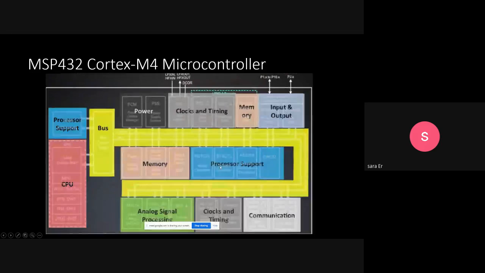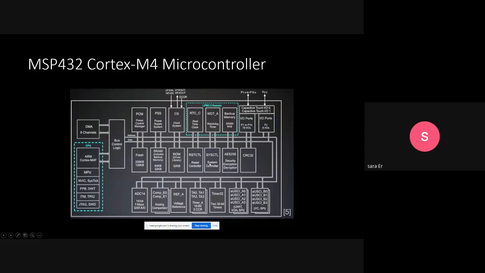Then there are RSTCTL, AES, encryption, decryption, and CRC. AES and CRC are two types of coding operation for security.